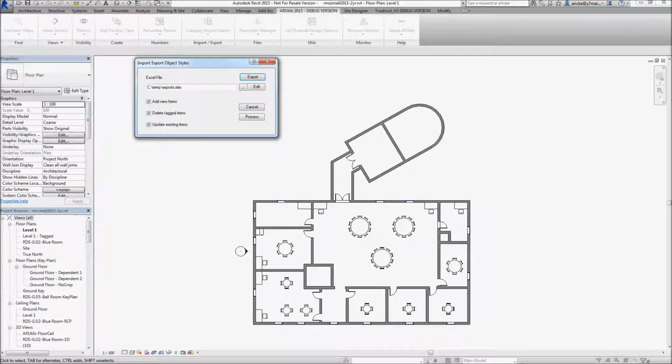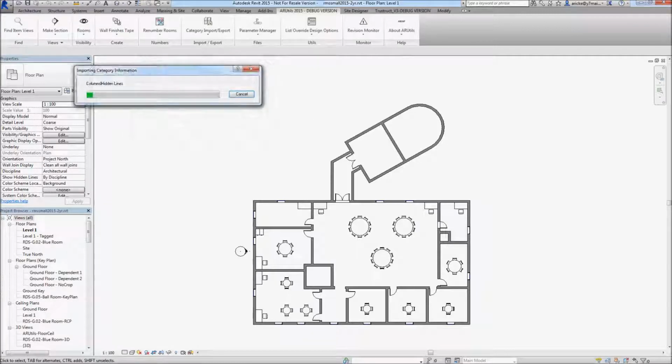close out of the file, and at this point we could say, for example, that we just want to update existing items. So it won't create new subcategories. So if we'd gone into another project and there were subcategories that didn't exist in that project, we could say add new items and it would add all of those subcategories. We could also say delete any items that we've indicated need to be deleted. So we'll just say process,